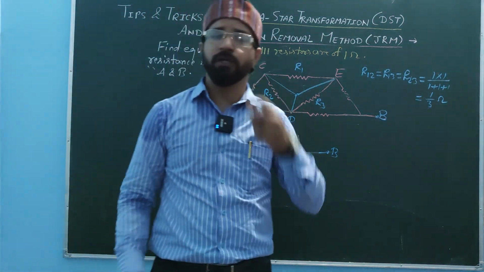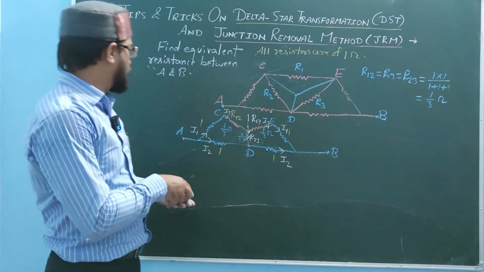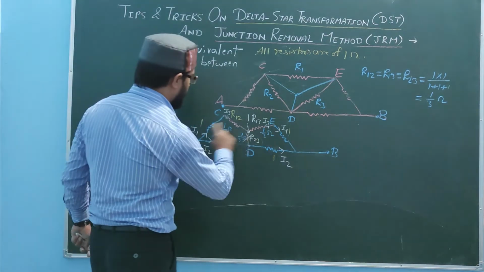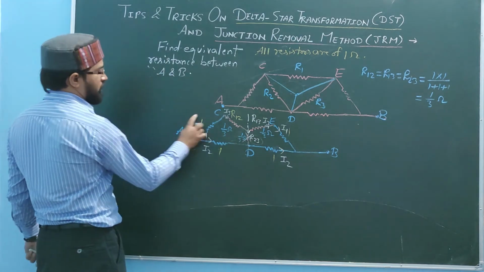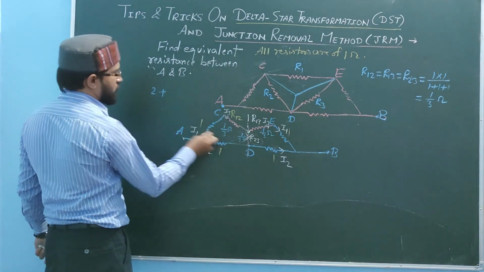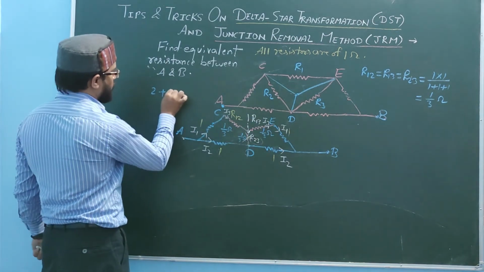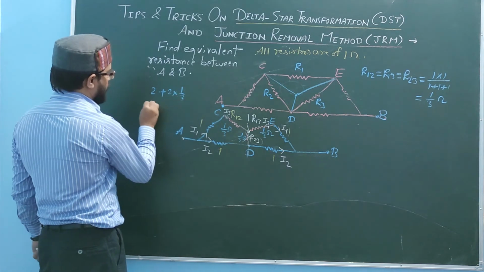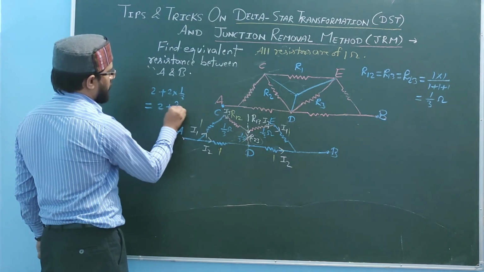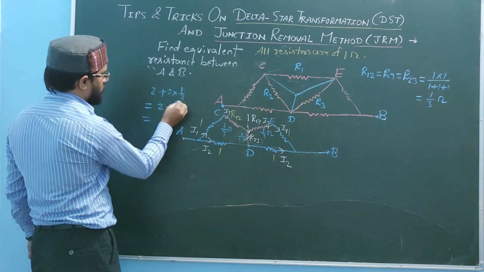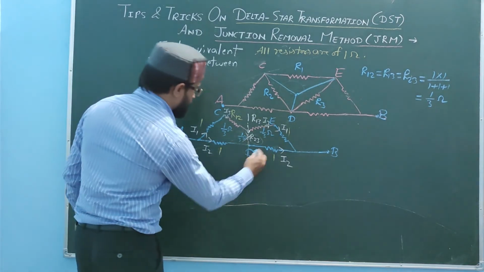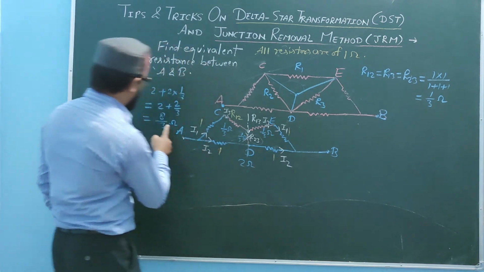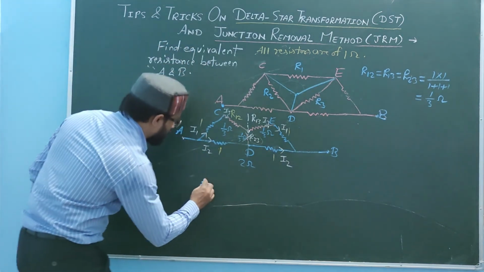So hoping it becomes very easy now. So easily you can solve it. So quickly you can add all. So these are 1 2 3 4. It is 1 plus 1, 2, plus 1 by 3, 1 by 3, 2 into 1 by 3. It becomes 2 plus 2 by 3. Then 3 twos are 6, 6 and 2, 8, it is 8 by 3, and here it is 2 ohm. Now 2 ohm and 8 by 3 ohm, they are in parallel combination.